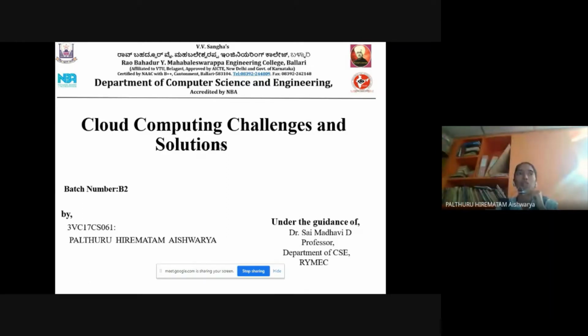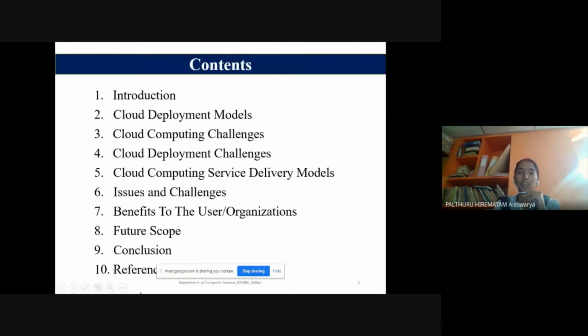In this fast growing technology and fast growing world, how cloud computing is occupying its space, we'll see this. Firstly, the contents are introduction, introduction about cloud computing, cloud deployment models, cloud computing challenges, cloud deployment challenges, cloud